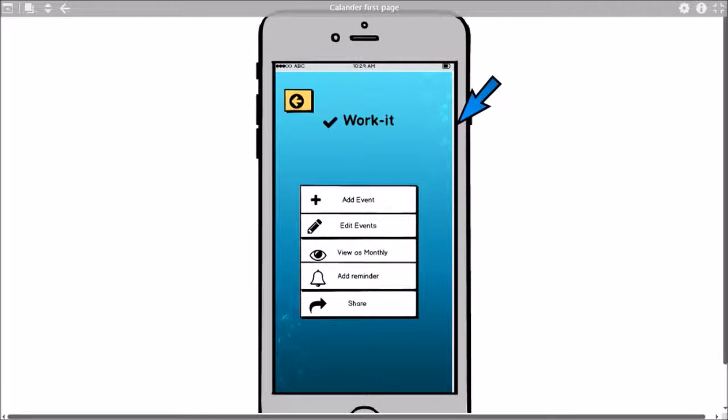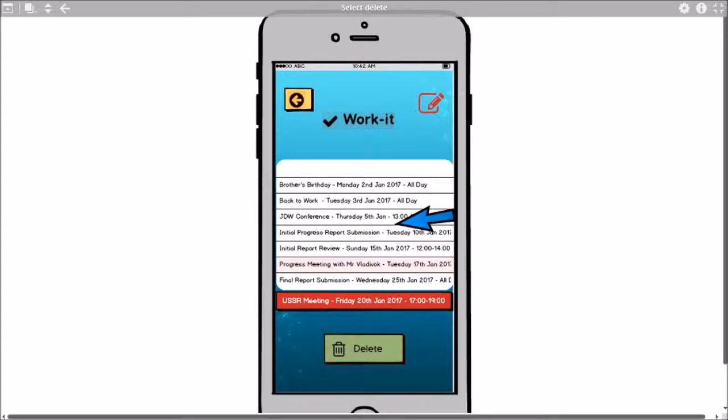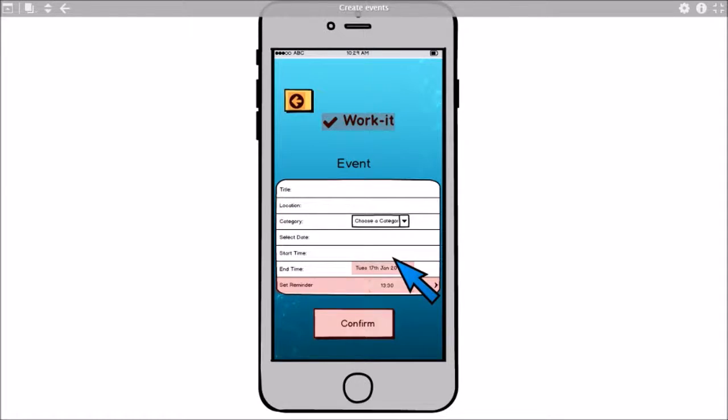The next option for the user is to edit an event. This will bring you to your list of events. You can select any of these events to edit them, so I'm going to change this one. This will bring you back to the add event page, but the idea is that all of the fields will already have the information that you set before. You can edit what needs to be edited and hit the confirm button. If we go back to the edit events page,